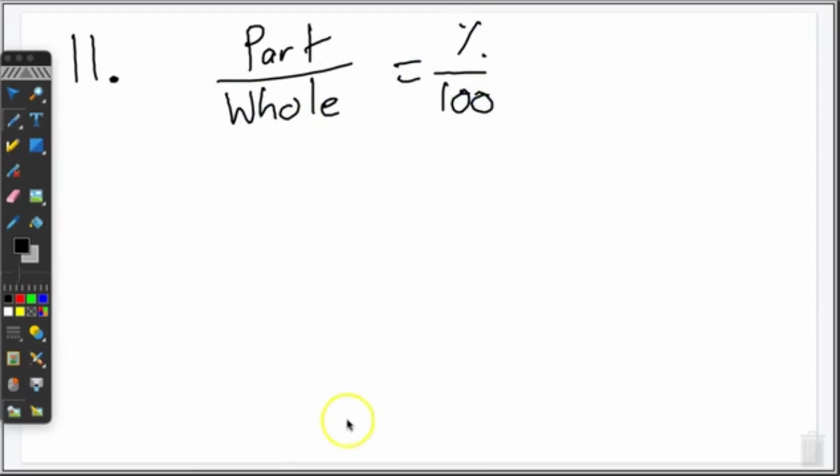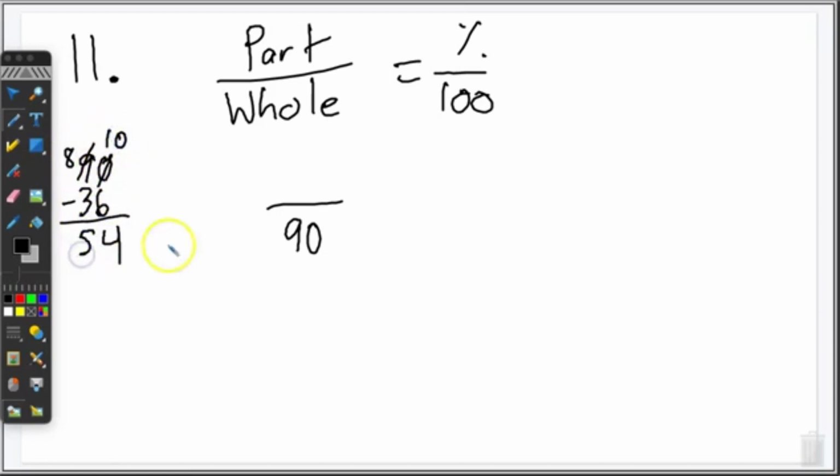So it says 90 sandwiches were sold in a day. We know that is the whole. And then it says 36 were pastrami. You would think that's the part, but the question asks for were not pastrami. So what we would do here is 90 minus 36 to find out the amount that is not pastrami. So we cross that out, make it an 8, make this a 10. 10 minus 6 is 4, 8 minus 3 is 5. So we get 54 as the part, and then we don't know the percent, but we do know it's over